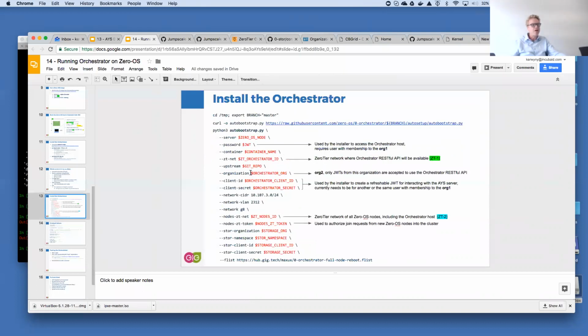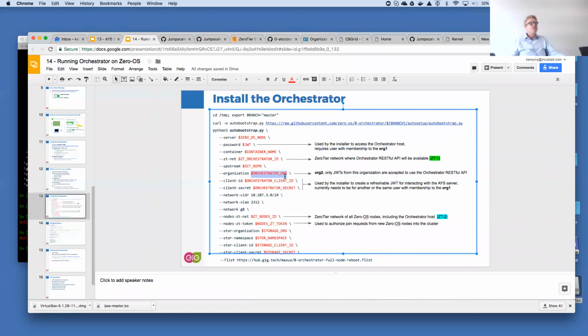Then you specify, this is important, an organization, and this is basically the name of the organization 2. And remember, organization 2 is the one we create to protect the RESTful API of the Orchestrator. Because when you then send HTTPS requests or HTTP requests to the RESTful API of the Orchestrator, you need to send along a JWT.